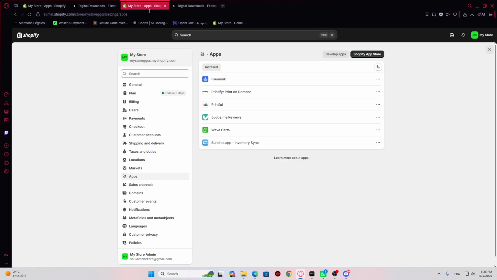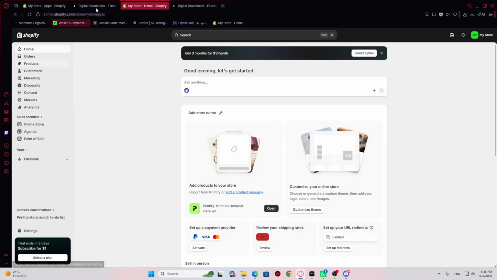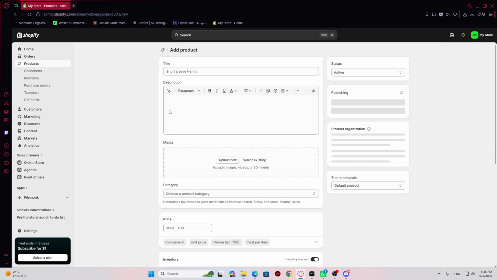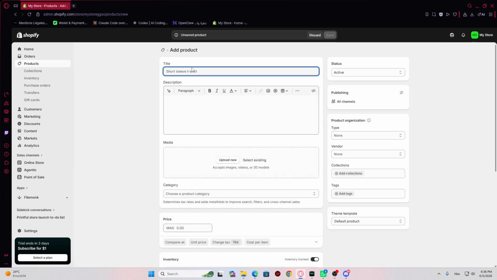So once set up, you will need to go back to Shopify right here and then just create your digital products. Okay, so go to products right here, go with add product, and then give it a title. So for example, you can go with the Instagram growth